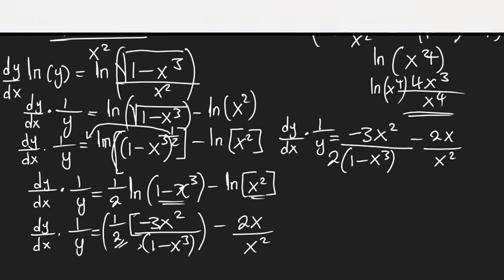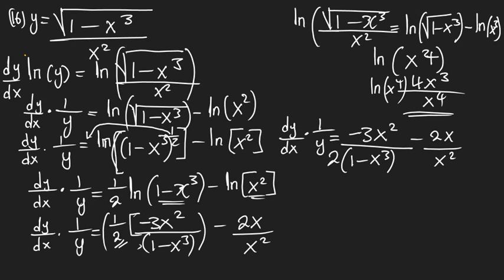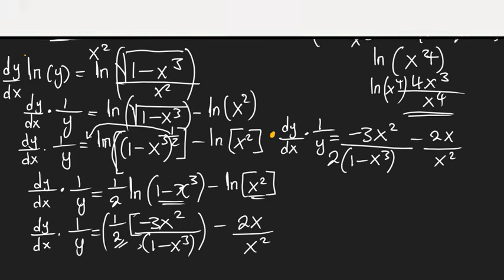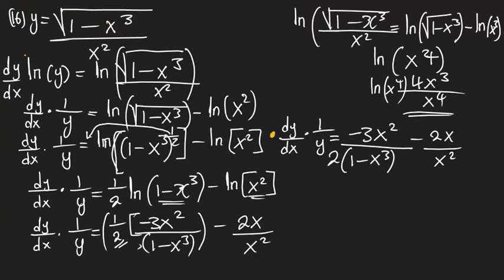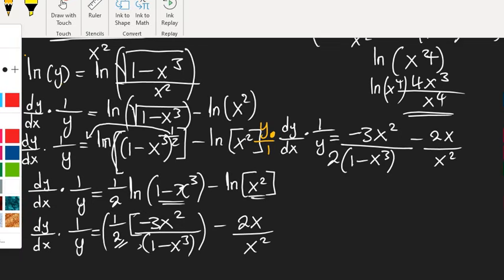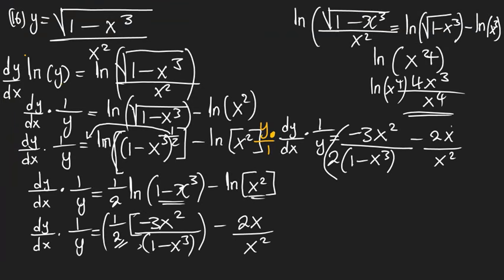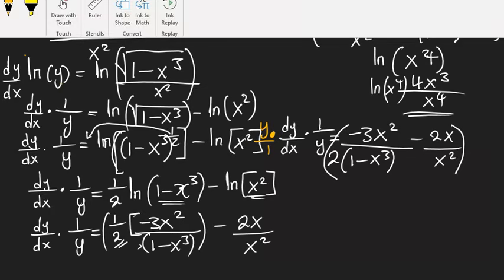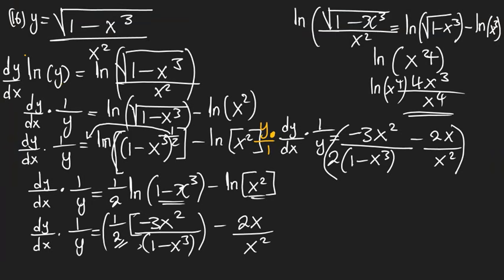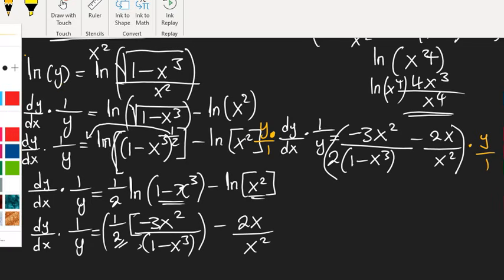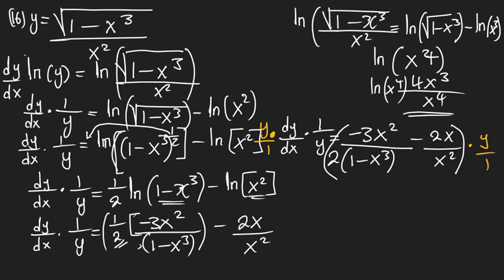So how do we cancel out? We want to just remain with dy dx this side. So we say multiplied by y over 1, even this side, you are multiplying by y over 1. So this and that will cancel. You're going to have